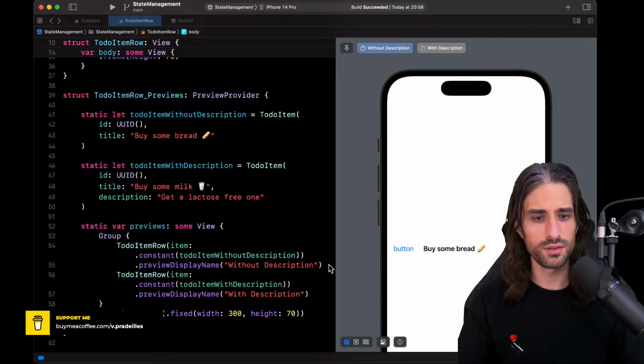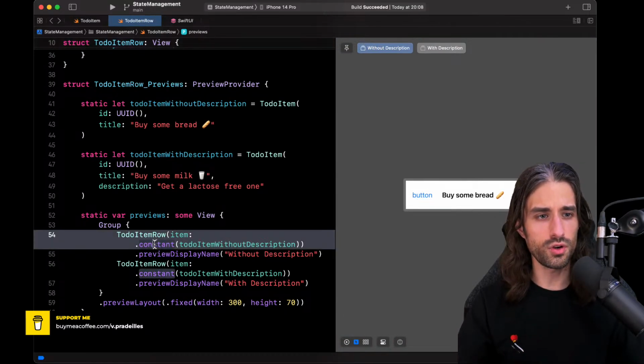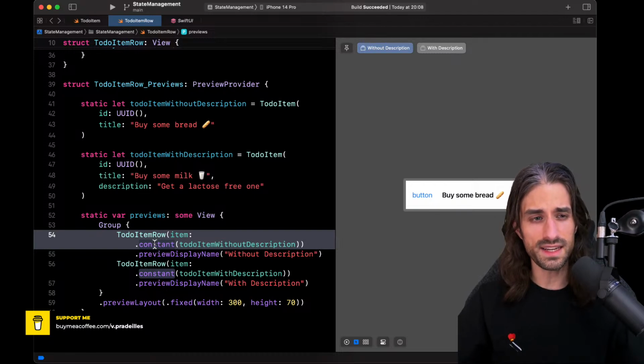This makes total sense, and the reason is that we are providing a constant binding for now. So constant bindings are nice in a preview, but they are kind of limited in their functionalities. Fortunately, it's quite easy to provide a stateful binding, so a binding that will encapsulate some state.